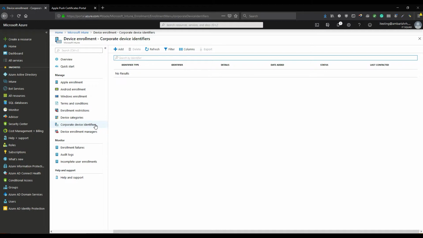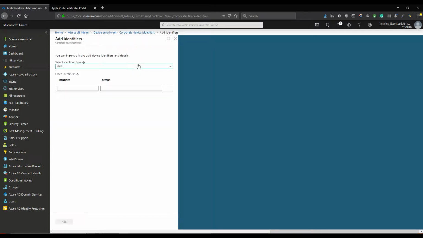I am using an iPad, so I will get the serial number of the device and then I'll try to add it here now. Okay, so you click on add. You can do a CSV file upload if you want to do bulk addition of corporate devices, or you can just use manually add. I use the serial number, enter the serial number,